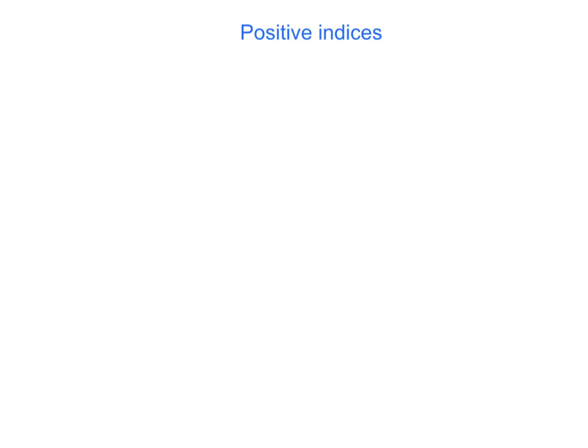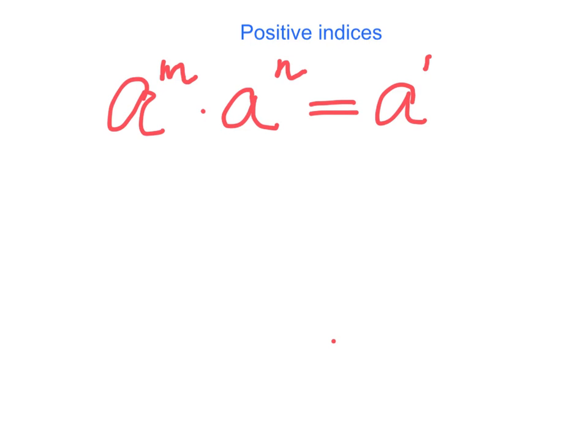Today, I would like to discuss with you the basics of positive index. First of all, you need to know the basic formula about positive index. It is what we call a to the power m times a to the power n equals a to the power m plus n,